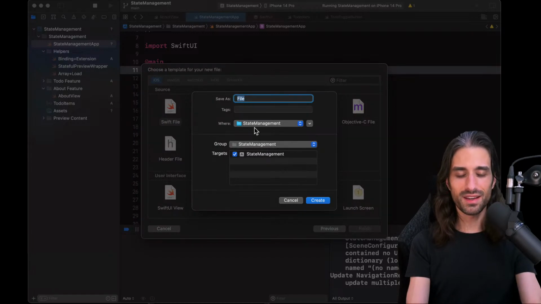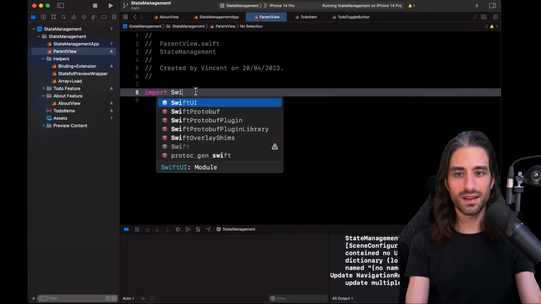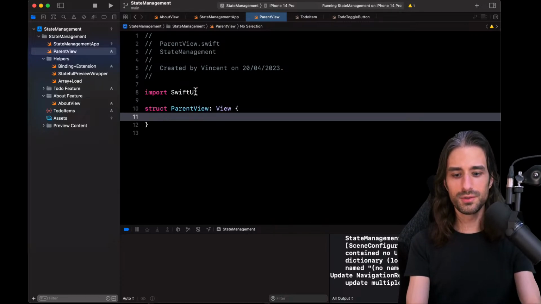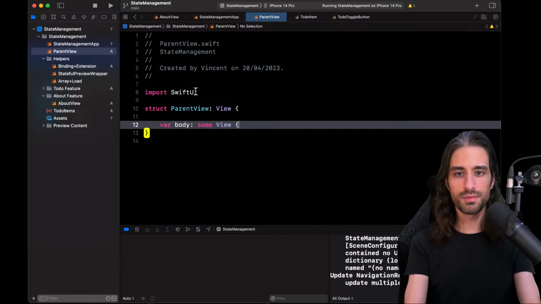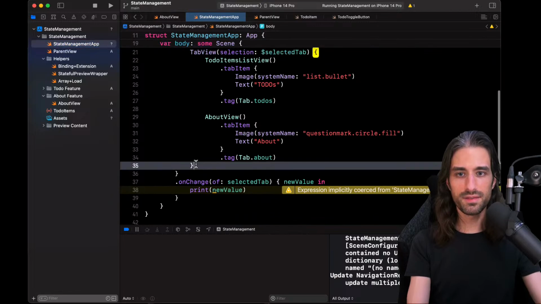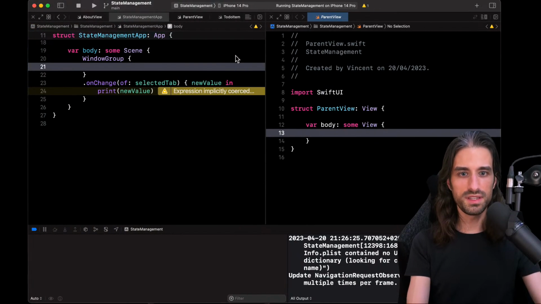I will call it the parent view. So I create this parent view. It is a view for the body. So I'm basically just going to take everything that I had right here. It will be easier.